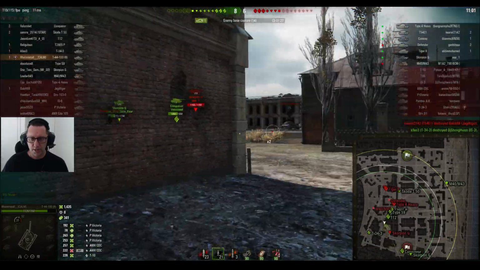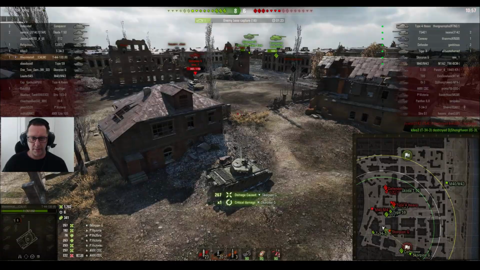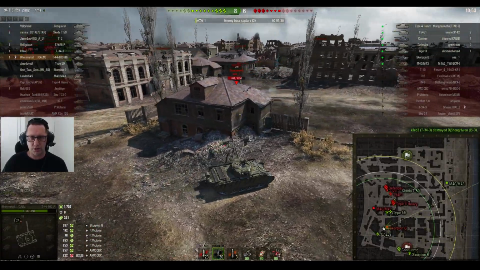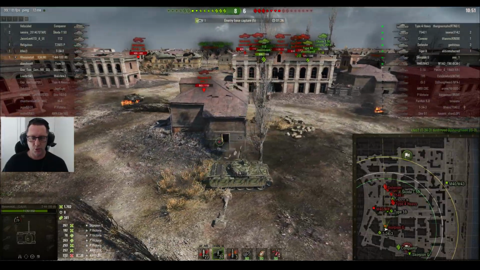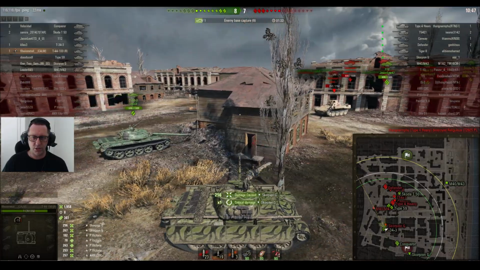The Scorpion G is all alone. Hopefully not aiming towards Rheinmettal from Calm Clan. Puts one shell into the Scorpion G. Now the gun on the Scorpion G looks like he might be aiming towards the T44-100. Peeks around, takes him down to